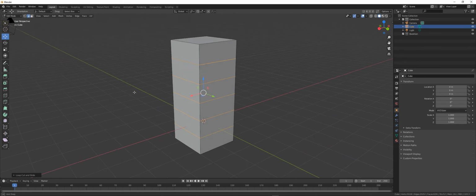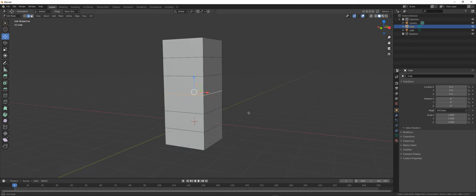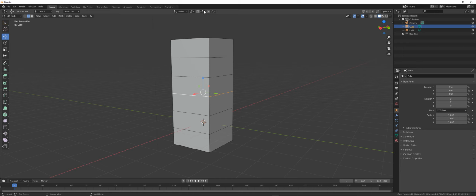We're going to click on one edge while we're in edge mode up here. Double click on the edge mode and you'll notice that it selects the whole edge. Now if you come up here straight up on the top, you'll see proportional editing. If you click that, you'll be able to move